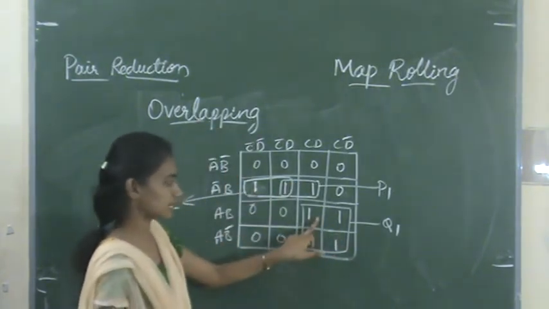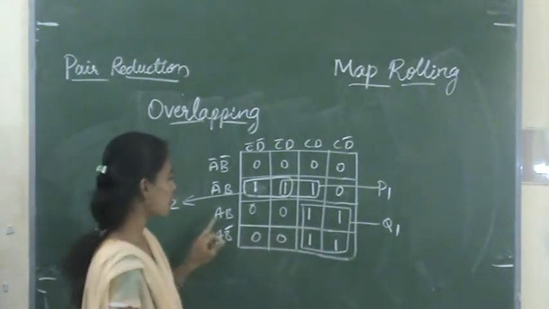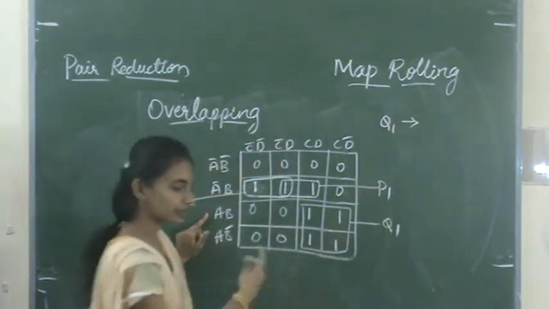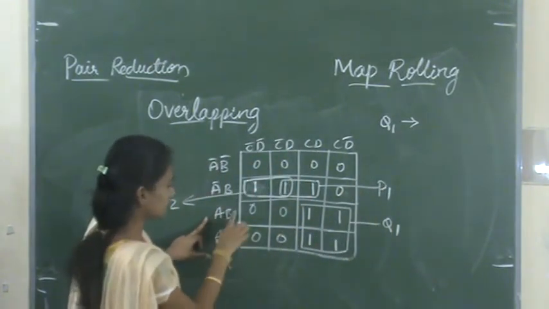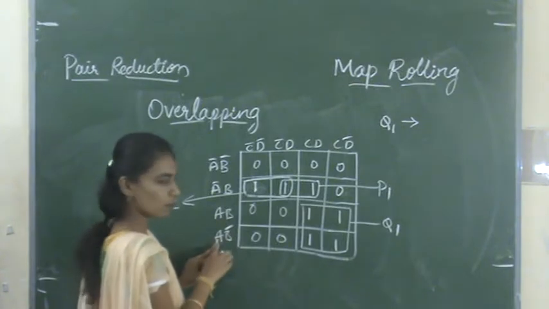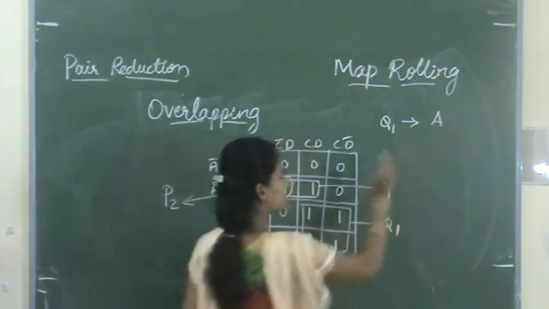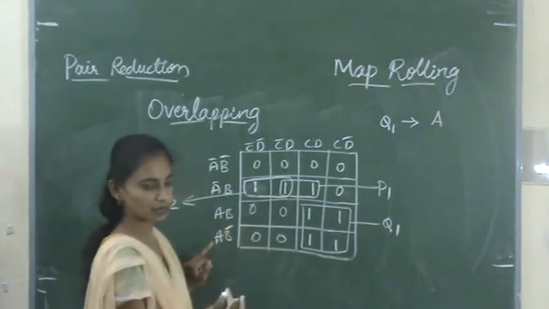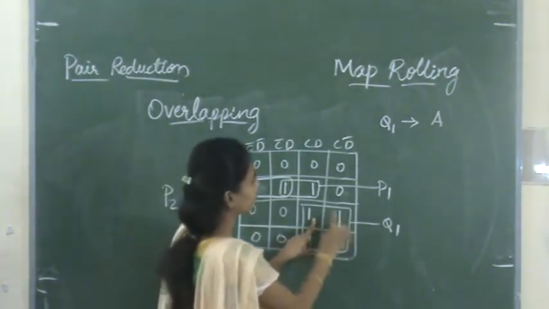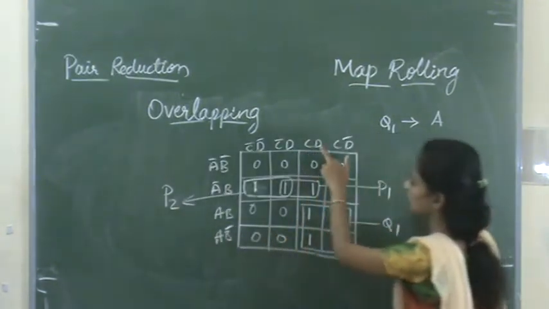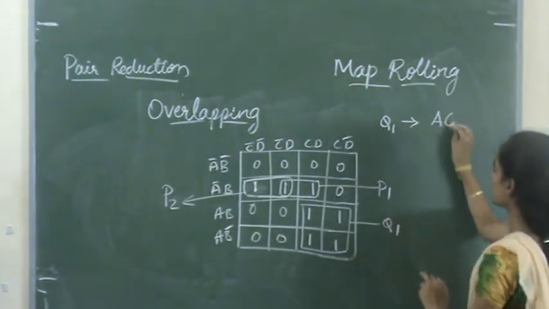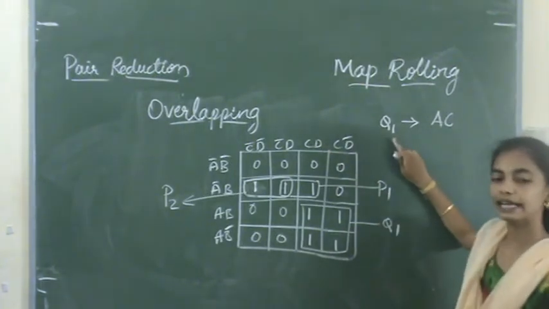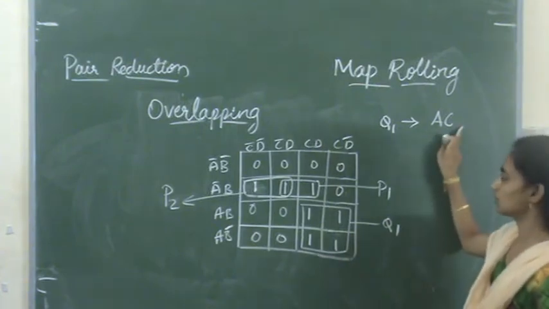So we will get this one as a quad, right? So this quad we will get. So quad 1, if we evaluate this quad 1, we will get here A is a common factor, so just write A. We have B and B bar get cancelled, right? Means it becomes 1. And for this we have C D bar. So C is a common factor, D bar becomes 1. So if we reduce this quad, we will get this answer.